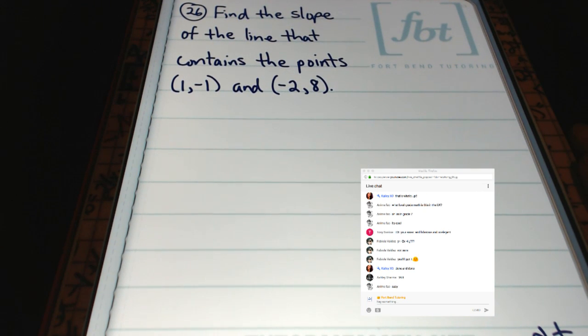Anime Fab says that was easy. We want every problem to be easy, Anime Fab. And it's easy when you know what you're doing. You know? That's the only difference, Anime Fab, between the easy and the hard problems is you knowing how to do it. That's the difference. So that's what I'm here to show you. I'm here to show you the step-by-step process to solve the problems that you encounter, especially on your algebra final